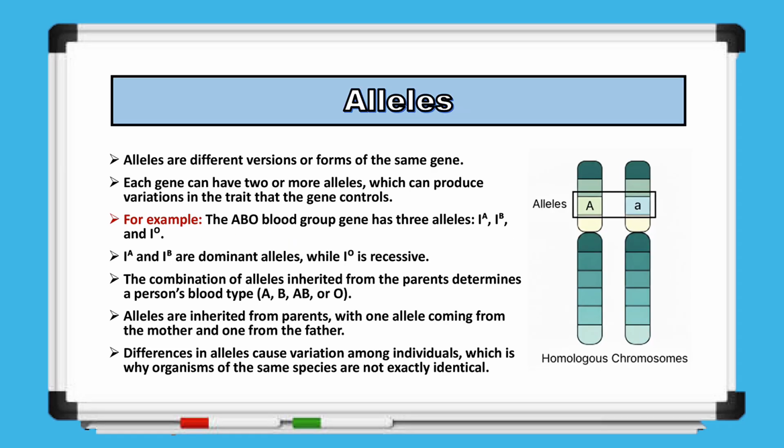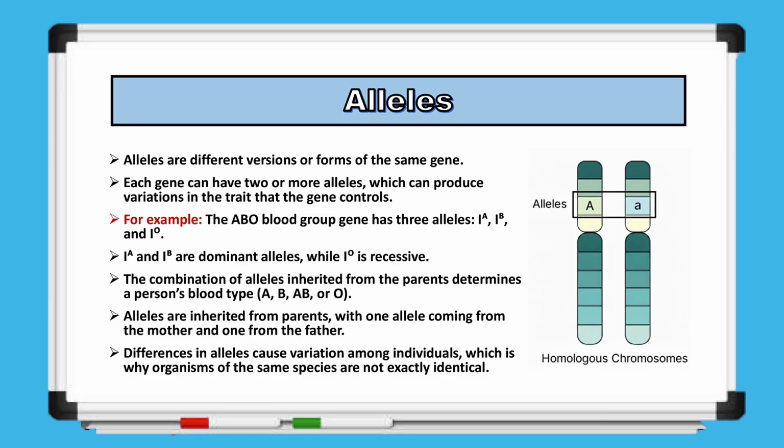Now let's look more closely at alleles. Alleles are different versions or forms of the same gene. Each gene can have two or more alleles, and these different alleles can produce variations in the trait that the gene controls. For example, the ABO blood group gene has 3 alleles, IA, IB, and IO. Among these, IA and IB are dominant alleles, while IO is recessive. The combination of alleles that a person inherits from their parents determines their blood type, which can be A, B,